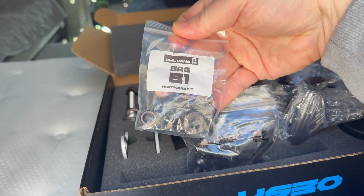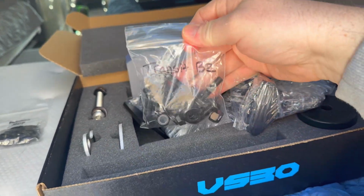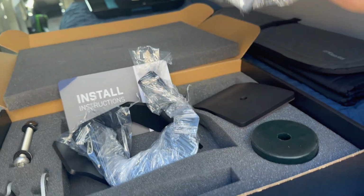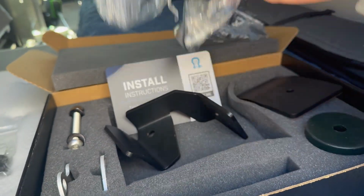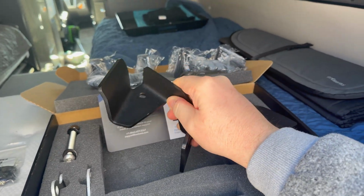labeled B1, that's the hardware for the B2 carrier. You'll have another bag that says Transit B2. This has some new bolts for your doors and your brackets. Here are the brackets for your doors. This is an interior door plate that kind of helps support the